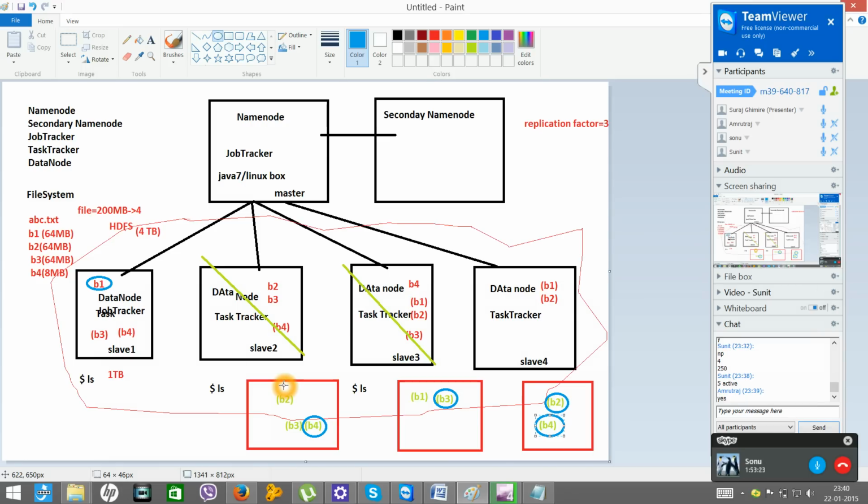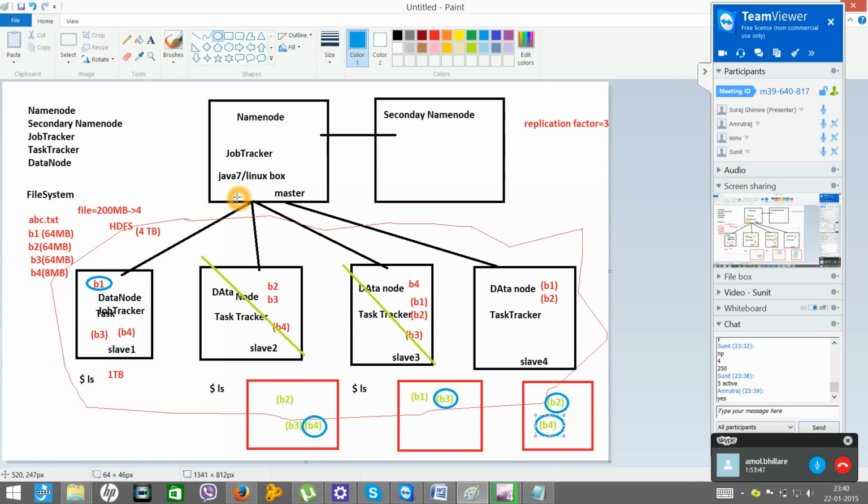Now we wrote a very small Java program. What will be the size of that program? It will be 2 KB, some KBs. So we wrote that program and gave it to Hadoop. Now what will Hadoop do?